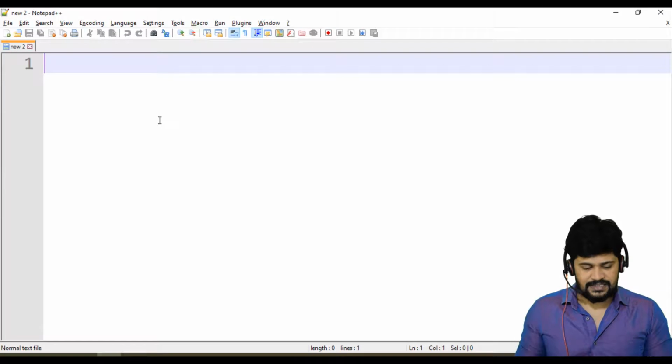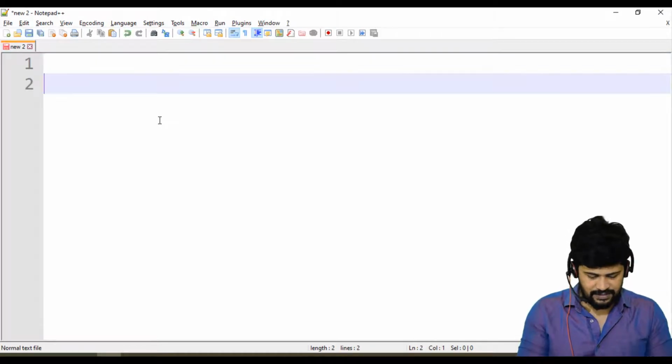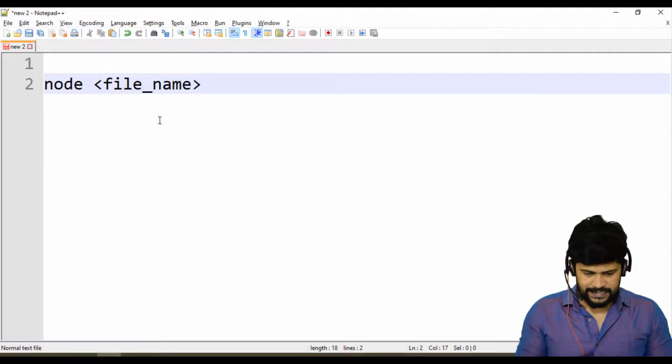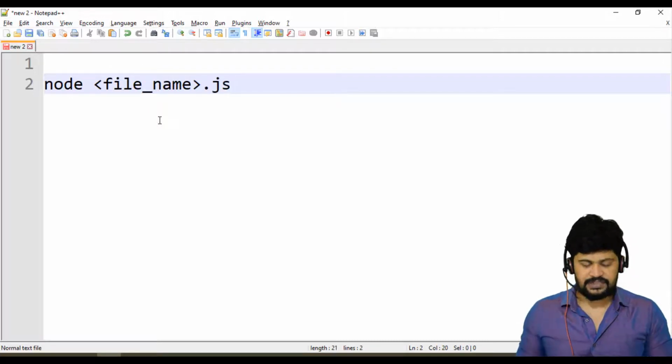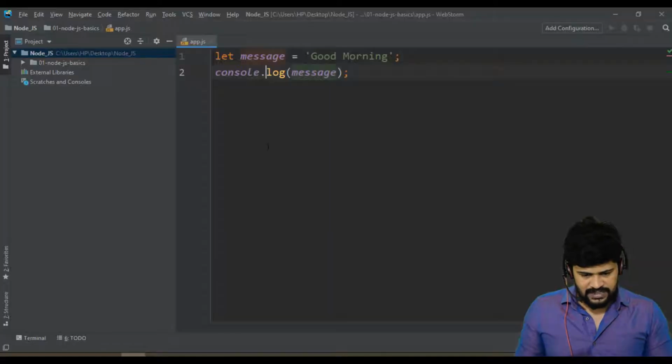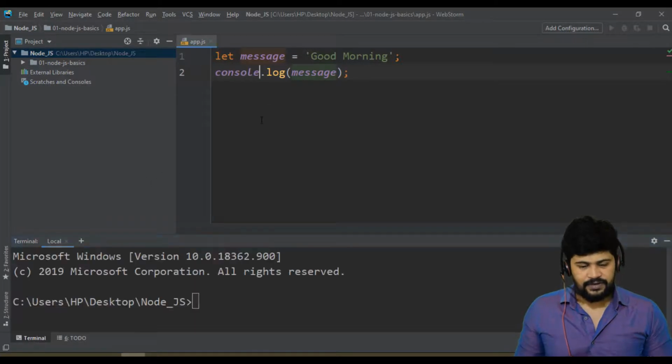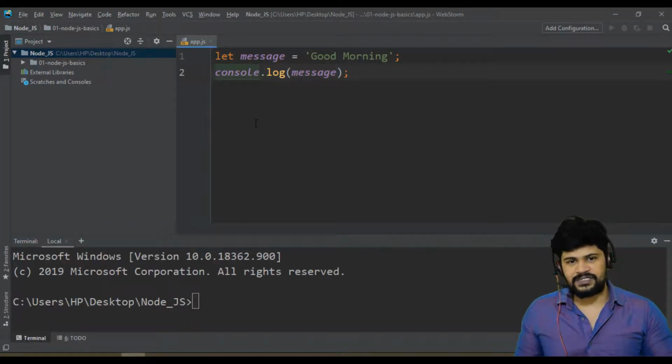In Node.js, to execute a JavaScript file, we have a command called node space the file name. Either you say file name or file name.js, both work. You have two choices: either you open the terminal window of WebStorm, or you use an external terminal window like command prompt.